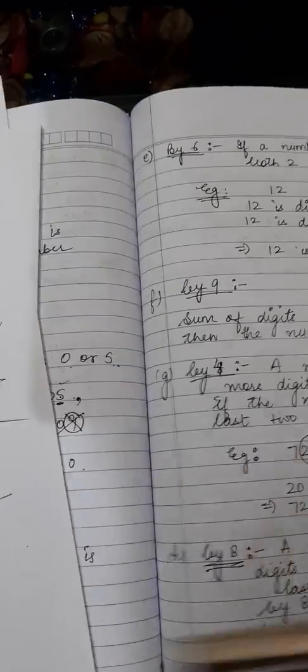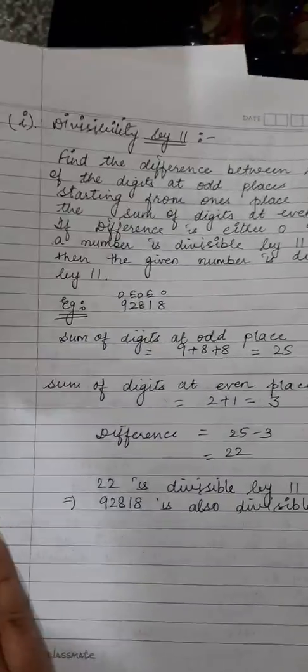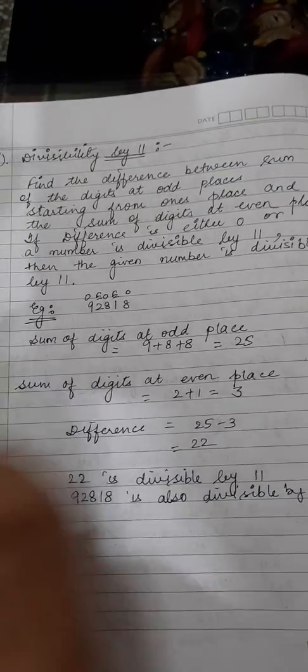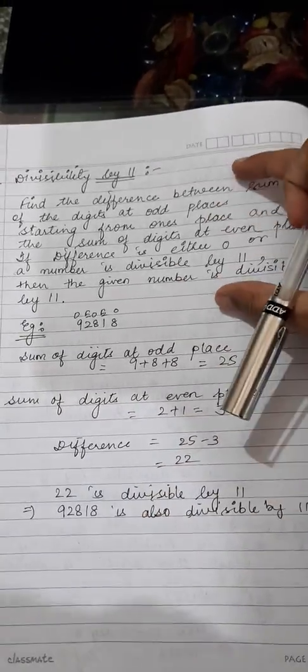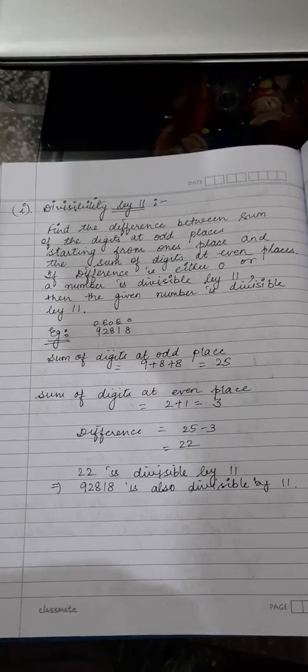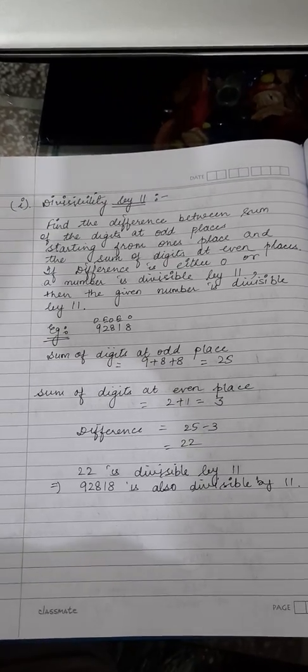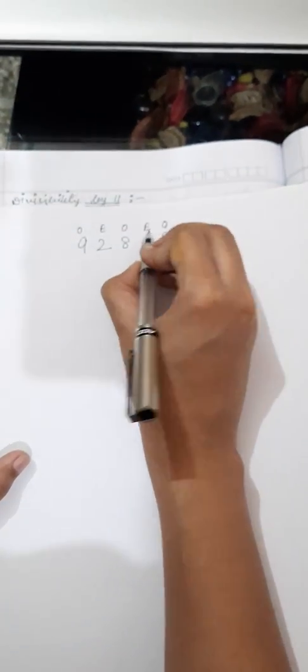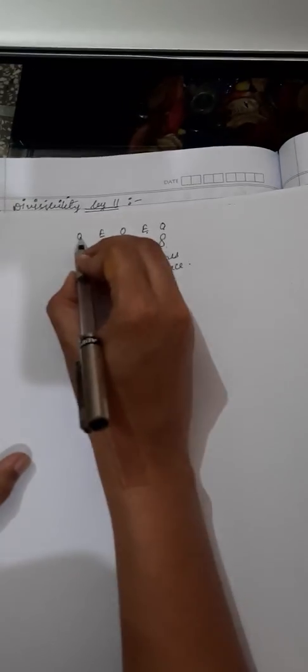Now comes the most important one, and that is the divisibility rule by 11. This is very easy. Don't panic on reading all of this. I am just going to explain you the same method whatever is written here. Now in this divisibility rule by 11, what you are going to do is, I have written this number. From the ones place, you are going to start writing on the top odd, even, odd, even, odd. Okay. If one more number is there, you can write then even. Like this you can do, but right now I am not using this.